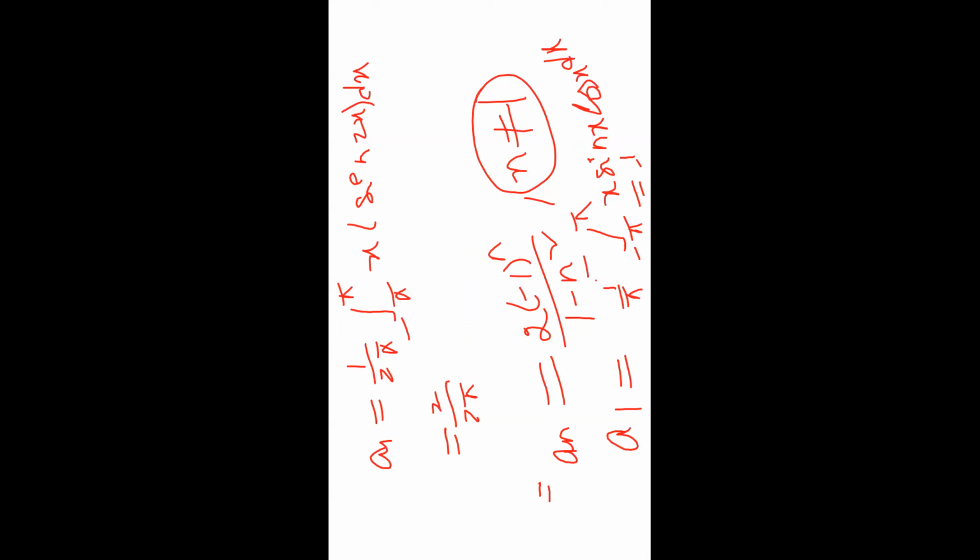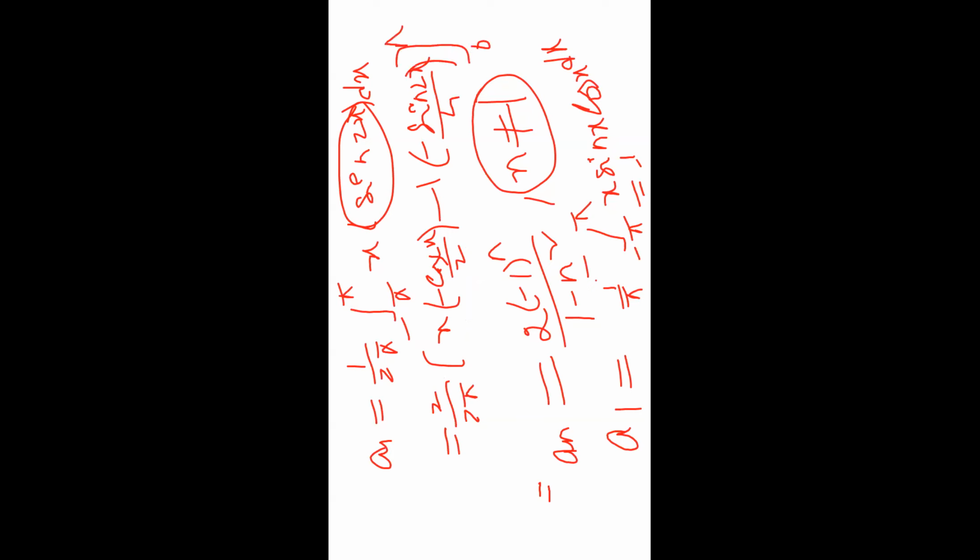Taking the shortcut: x, the derivative of x is 1, first value plus and second value minus. The integral of sin 2x is minus cos 2x by 2, and the integration of minus cos 2x by 2 is minus sin 2x by 2 into 2, that is 4, in the limit 0 to pi. In the limit 0 to pi, we cancel the sin function and simplify the equation. We get the value of a1. So after getting the value of a1, we substitute it in the formula of f of x.